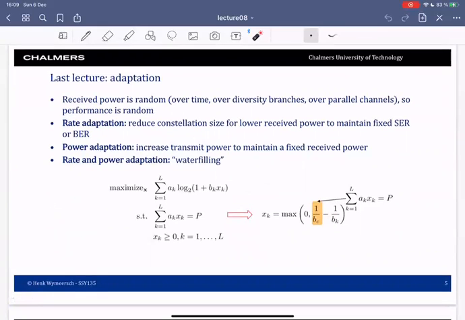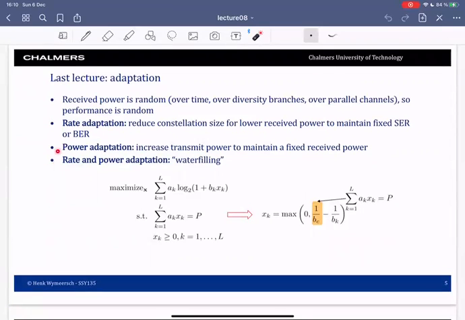Before we go into OFDM, we will first briefly recap last lecture. So last lecture we talked about rate and power adaptation. The idea of all of these is that you adapt to the channel. So you assume at the transmitter that you know what is the current channel, and then you adapt based on